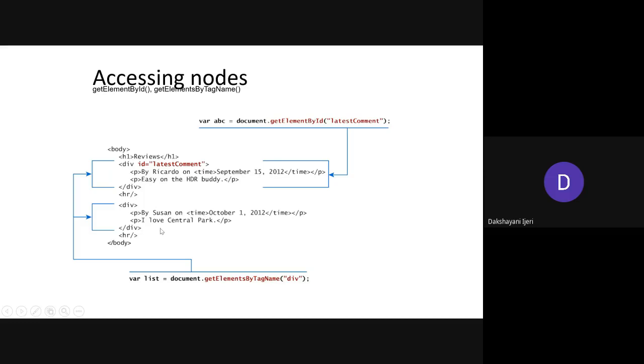Correct. Okay, so in the next case we can see we have used another method, without the id. Here the variable list is equal to document.getElementsByTagName. By tag name, in the sense that it is going to point to the elements with that particular name. That means if more elements are present with the same name, it is going to point to all the elements. So it is going to create a list of all the elements with the parameter you are passing to this method, getElementsByTagName.